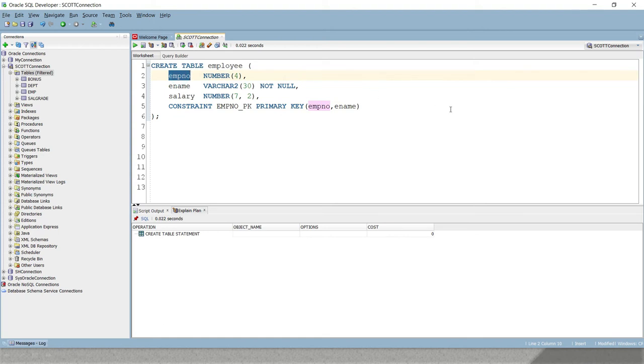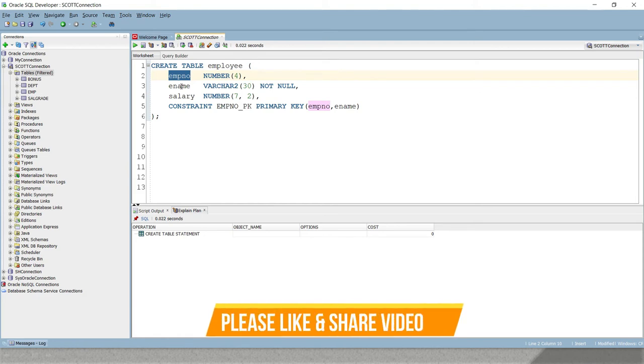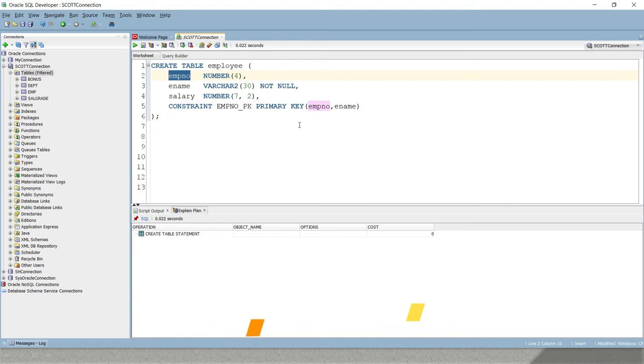So you can create a primary key as a combination of more than one column, and in that way you can identify the records uniquely. That's how we create the composite primary key. If you supply only a single column, then it is a simple primary key. So I'm going to create a simple primary key, but at the table level.